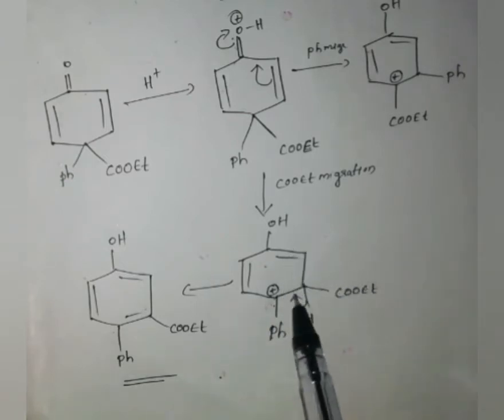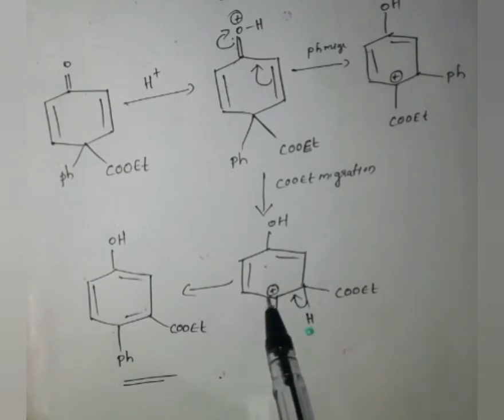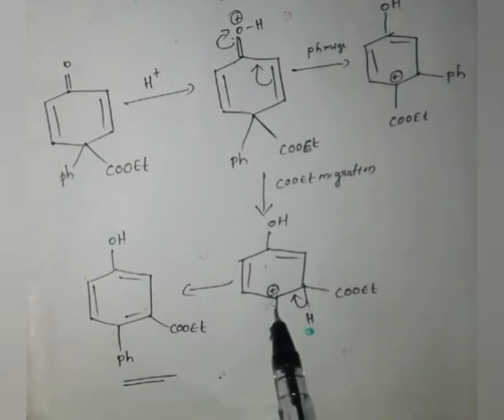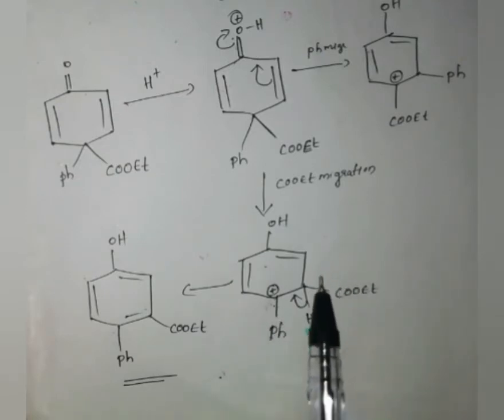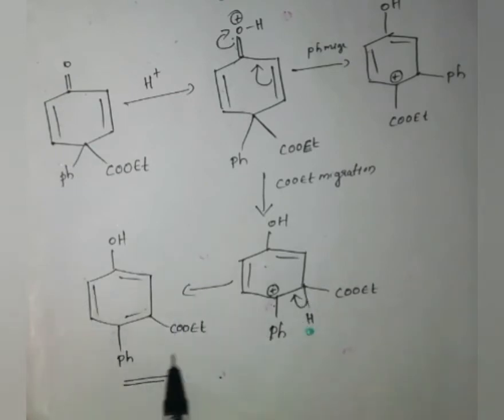we know that in this disubstituted one, when one group migrates to the adjacent carbon, that carbon becomes a carbocation. If this carbon is already electron deficient and a withdrawing group is present on that particular carbon, it leads to more destabilization of this carbocation. Therefore, the preferred product is the one in which the withdrawing group has migrated to the adjacent carbon, and this is the preferred product.